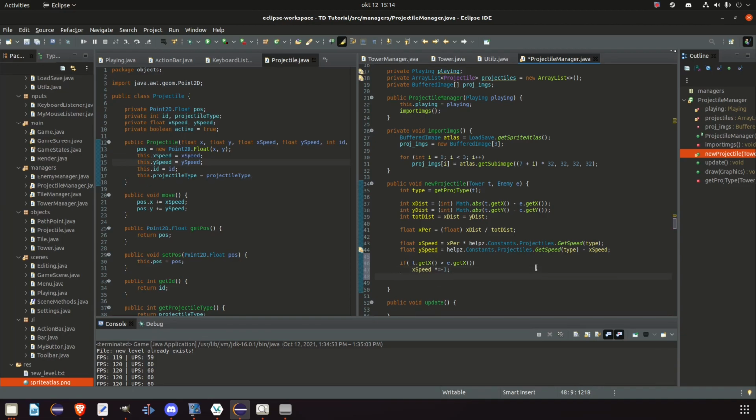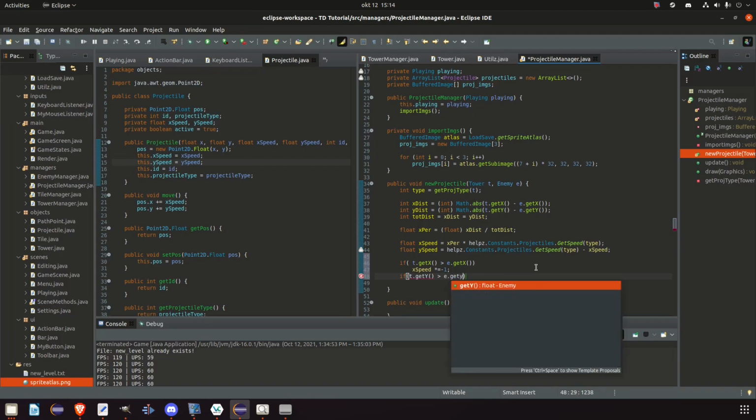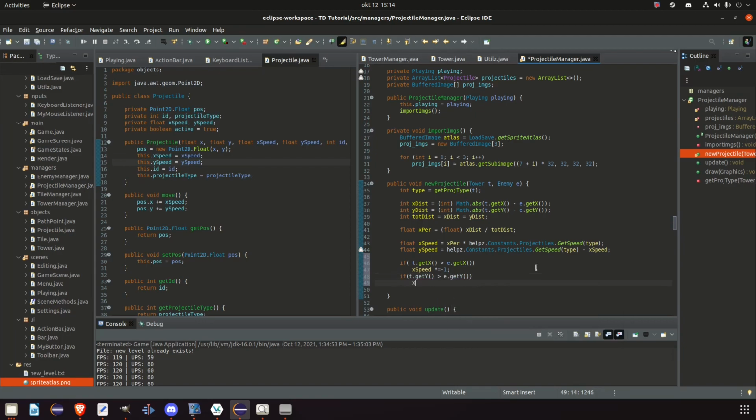And then we need to do the same check for y position. So if t.getY is bigger than e.getY, then y speed times equal -1. And now with all the values figured out, we can actually add a new projectile by